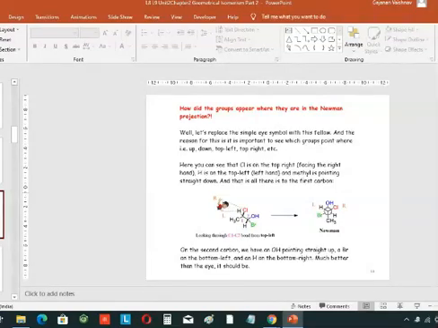Now, for this, let us replace the simple eye symbol with a fellow. As I told you earlier, whenever a Newman projection is drawn, we have to show the plane from which the structure is observed, and how it is shown on the two-dimensional paper by drawing an eye, isn't it? Now, what happens? Suppose